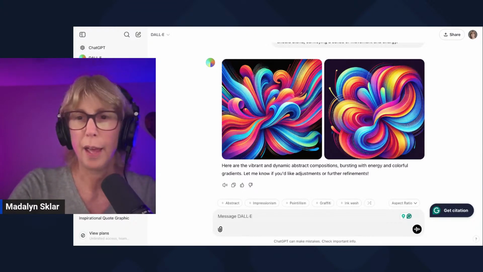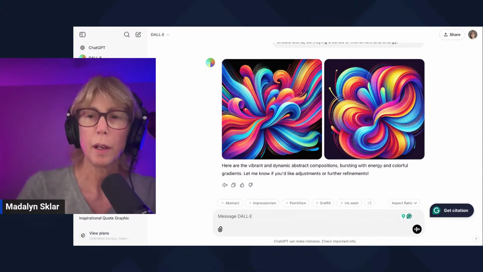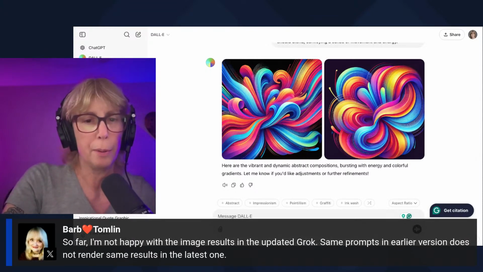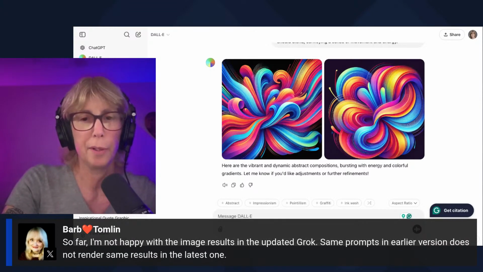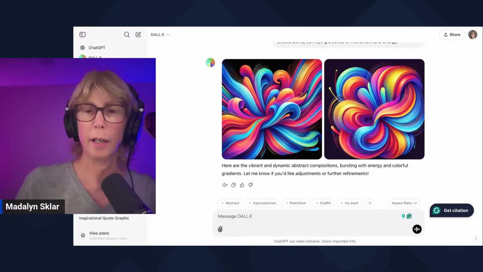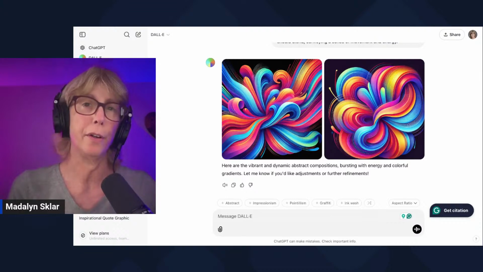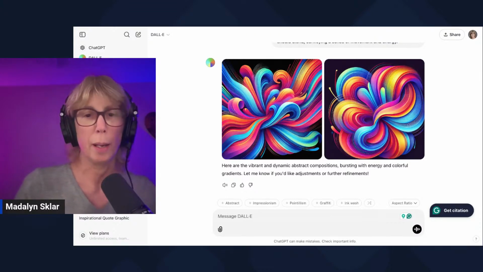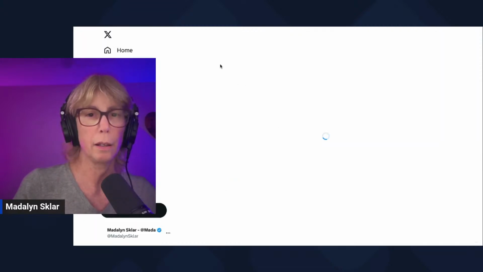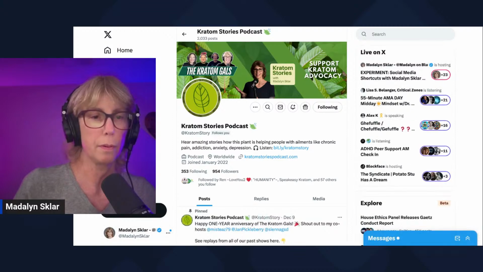But that's pretty cool. And Barb says so far she's not happy with the image results in the updated Grok. Interesting. Okay. I think it always boils down to preference when it comes to these. But that's pretty cool. I like that, but I think I like the one on X. Let me get to my X here.